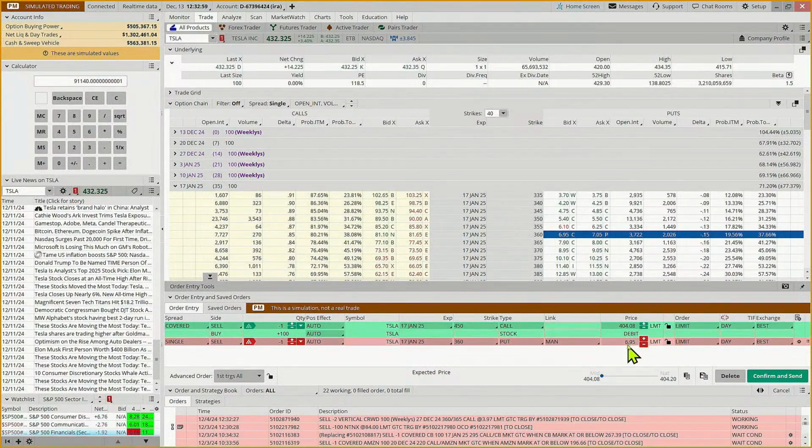Okay, so if we look at this and we say, okay, to get in, if we call that $7, and this 404, that'd be 397. And the most we can make is 450. So we could make $53 a share on an investment of $397 all told, kind of, sort of. That's about a 13% return.